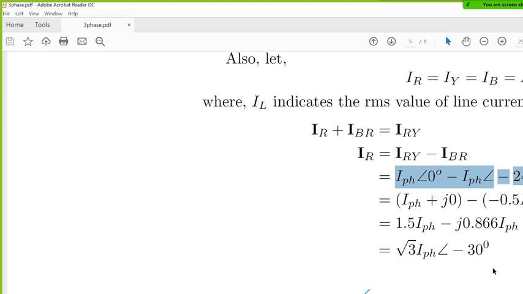Now again, we do the same thing which we had done yesterday. In order to subtract, we cannot subtract directly in the polar coordinate system. So we convert from polar to Cartesian. Look, we have done that. Simply converted from polar to Cartesian.